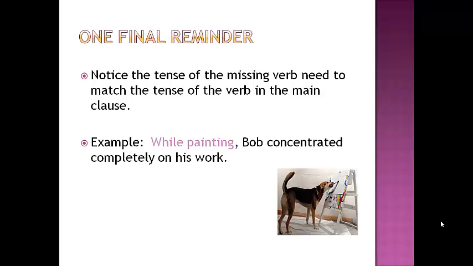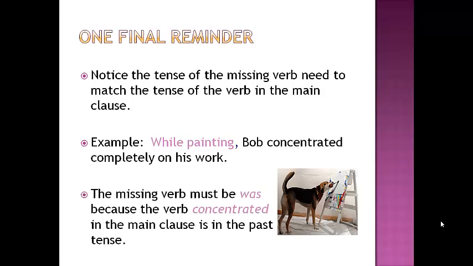Nah. Remember, our verbs have to match. It would have to be a past tense verb. While Bob was painting, Bob concentrated completely on his work. So as an elliptical clause, it would say, while painting. We would know because of the agreement issue that our elliptical verb would have to be was, past tense, because